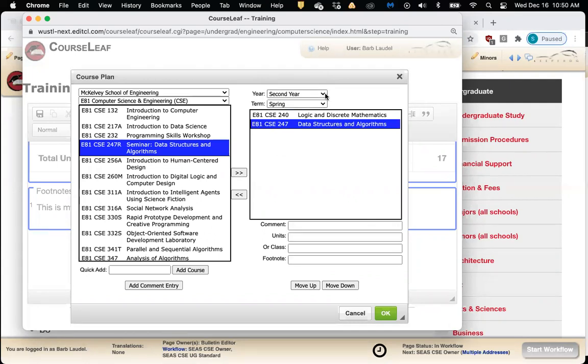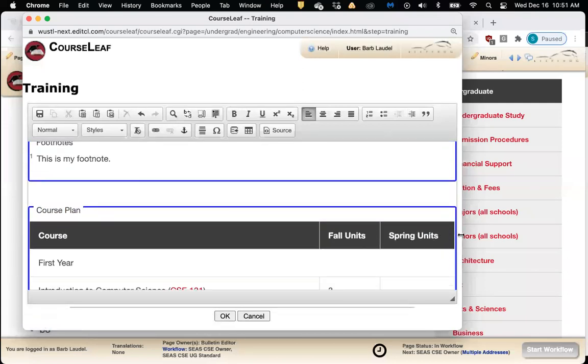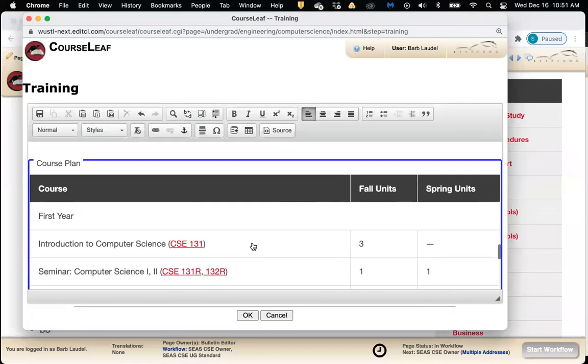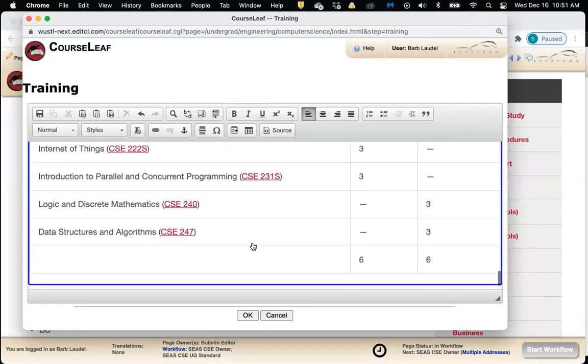Now, I didn't lose any of that data that I put in about first year's selection. So if I go back to first year, that information is still there. It's just keeping that in lock once I've entered that. These items will work very similarly as with the course table. But once I've selected my plan of study and built that up and click OK, the course plan will be laid out like this. So my first year, here are my courses. My second year, here are my courses.